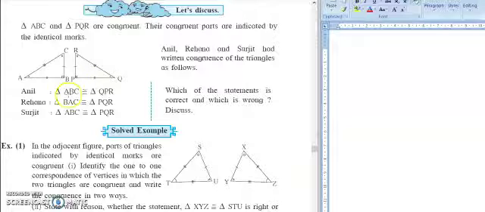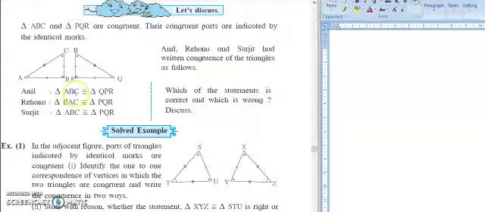Okay. Then BC should be congruent to PR. So this is BC and should be congruent to PR. This is indicated by 1 line and this is also indicated by 1 line. So both these segments are congruent to each other. Now third side is AC. It should be congruent to QR. How? Because it is indicated by 3 lines and it is also indicated by 3 lines. So both these segments are of equal length. So all the 3 sides are congruent.